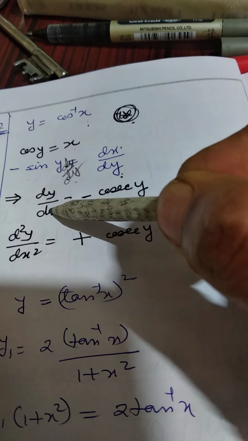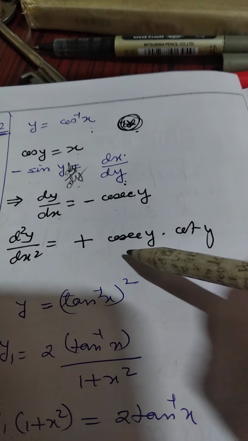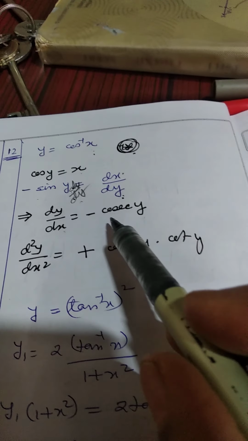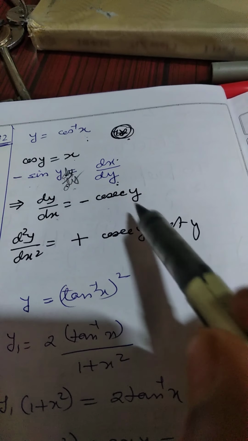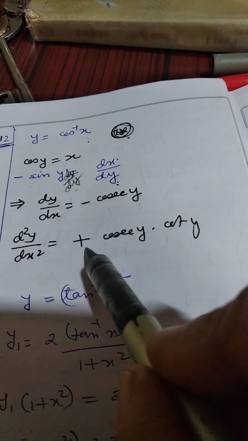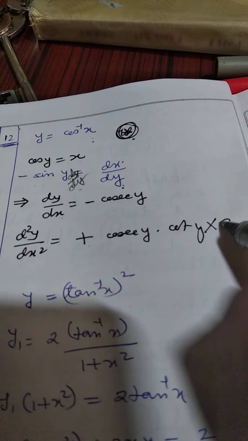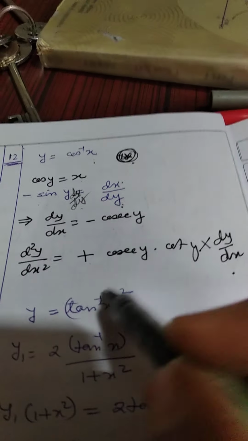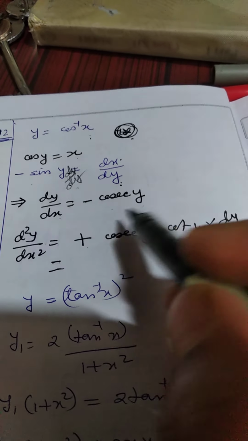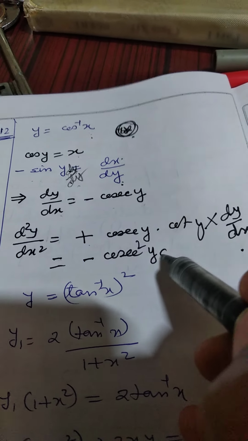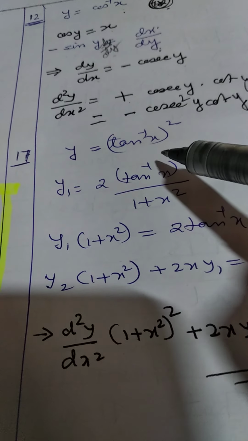Hence the second derivative of this with respect to x, we have, multiplied to, this is now read as a composite expression, minus of cosec y, it's minus, so derivative of cosec y is minus of cosec y cot y, so that makes it positive, multiplied by dy on dx, that is y is to be differentiated with respect to x. So that term is also to be taken up here. So dy on dx comes out to be minus cosec y, so that is minus of cosec square y cot y is the answer.